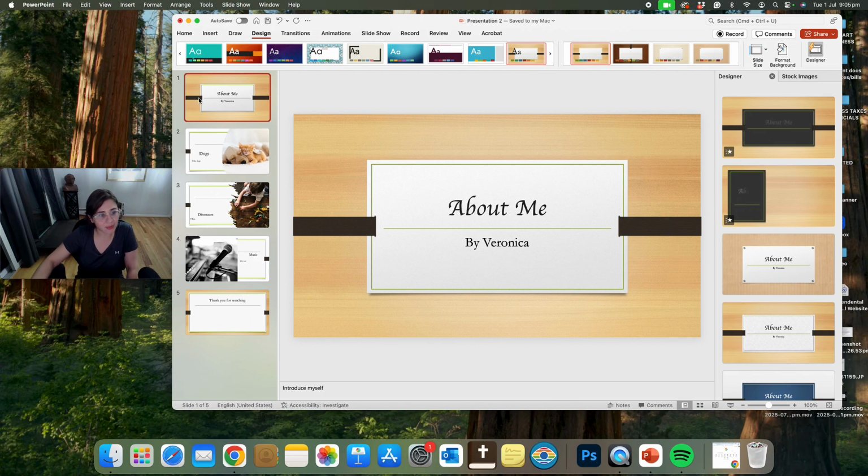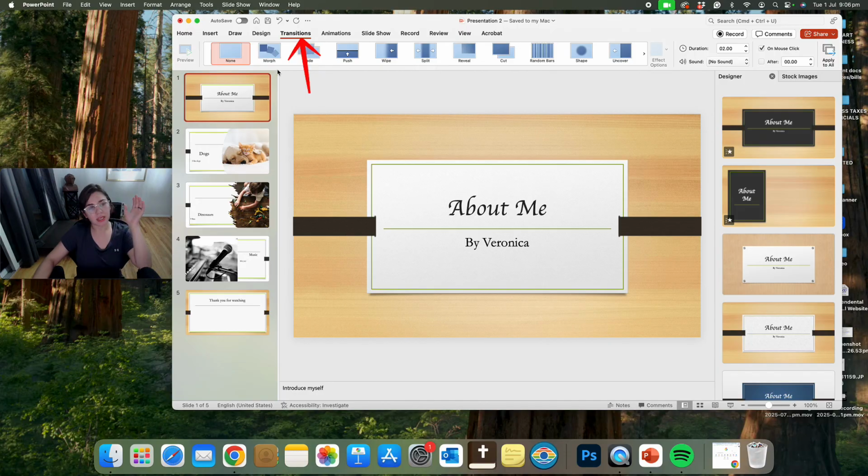So now I'm happy with the way things look. If I want to once again preview what I have, I press this button, press the button all the way through, press the arrows to go forward and backwards if I choose to. Now I want to add a little extra flair to my presentation. It looks good, but let's take good and move to great. All right, so we go to transitions, and this is where the fun happens, at least for me,